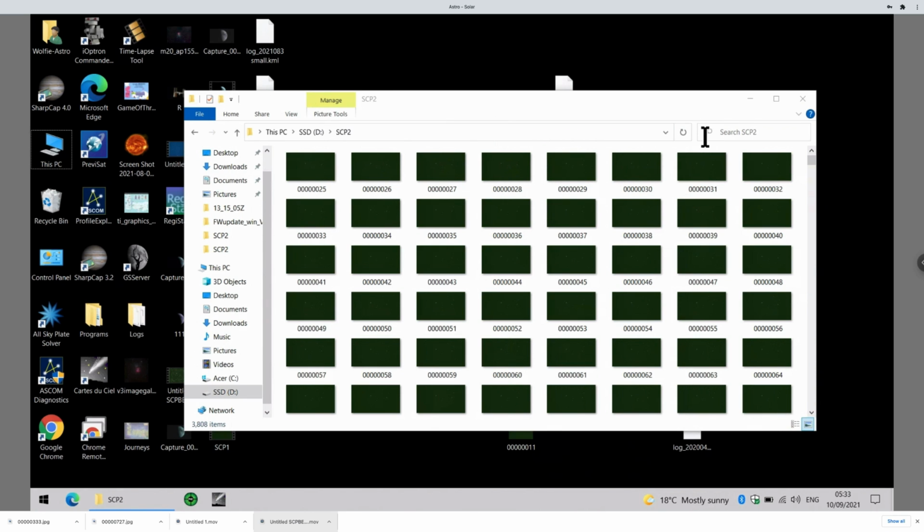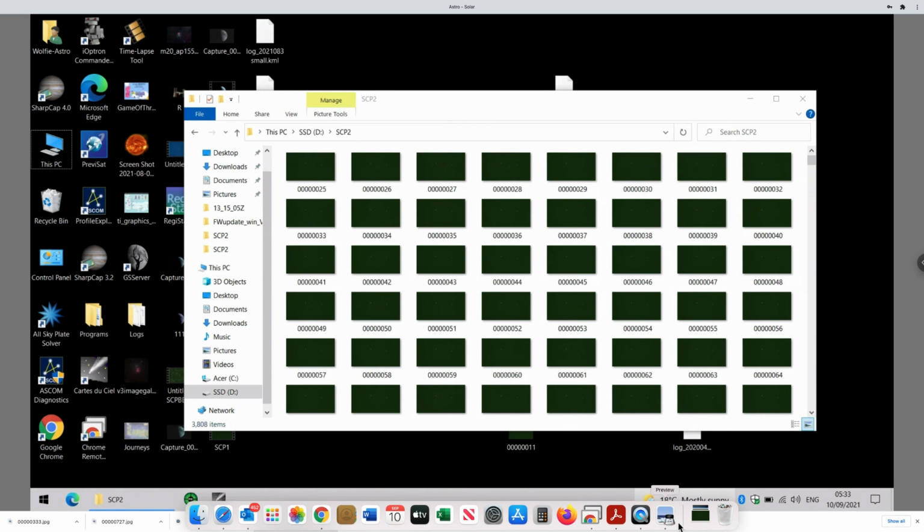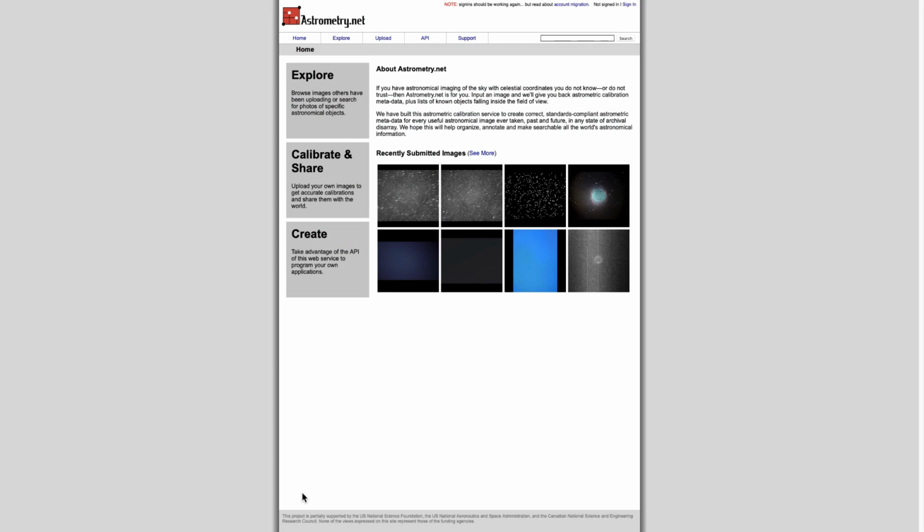So the time-lapse consists of more than 3,000 individual photographs, with one taken every 7 seconds. If we choose a random sample, it looks like this before being processed into the time-lapse. We're now going to do a plate solve on this image to confirm we are looking at the south celestial pole. And we do that with this website,